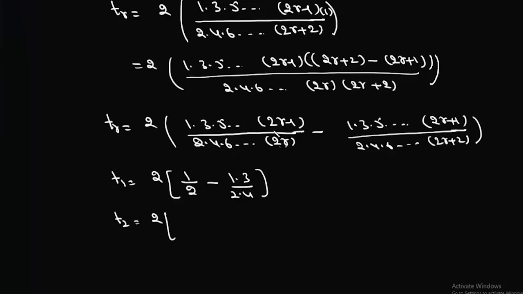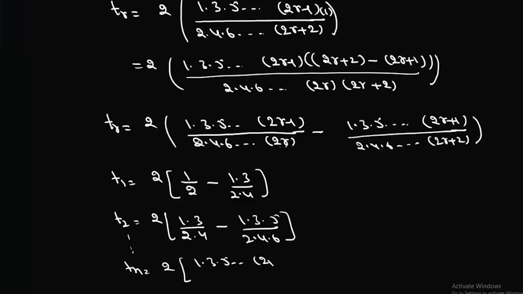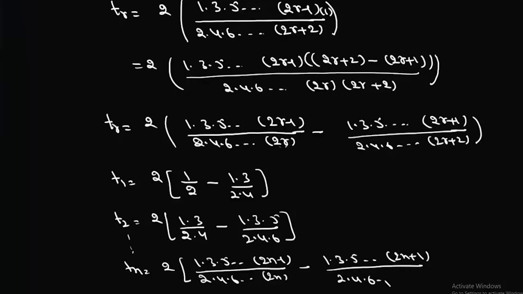Now this is 1, 3, and this is 2, 4, minus 1, 3, 5, 2, 4, 6, and it will continue like this, and this nth term will be 2, and this is 1, 3, 5, 2n minus 1 upon 2, 4, 6, 2n, minus 1, 3, 5, 2n plus 1 upon 2, 4, 6,